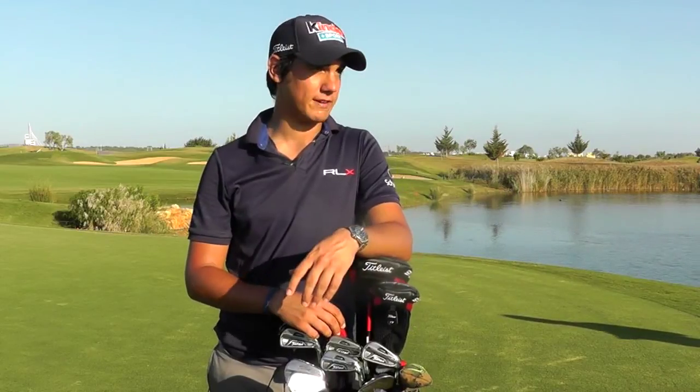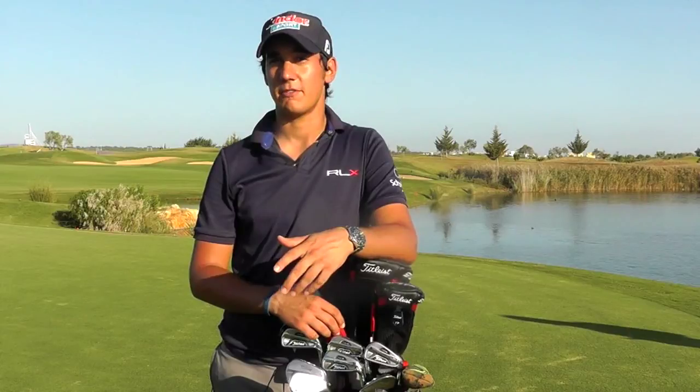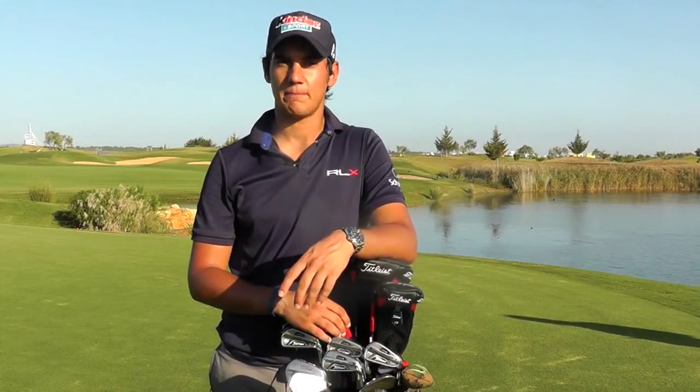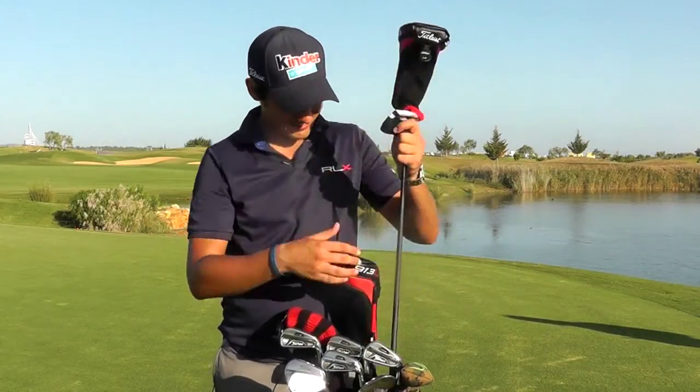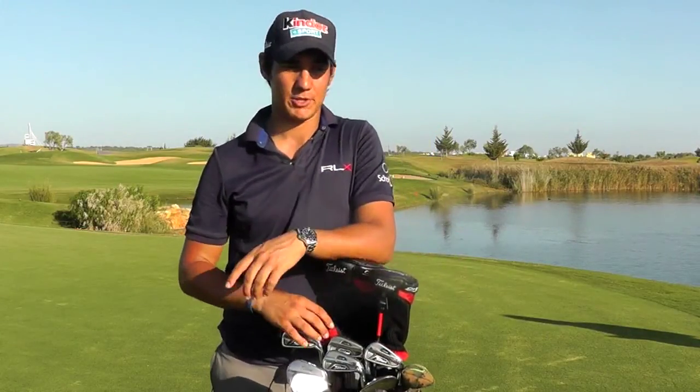Yeah. So right now I have a 913, 17 degrees. Okay, and what shaft have you got in there? I've got a, let me check actually. I've just changed it, that's why. I've got a Rip Phenom, which was the shaft that I had before in the 3-wood. Because